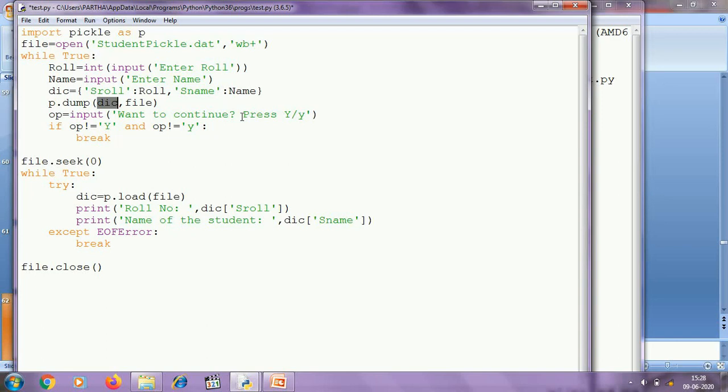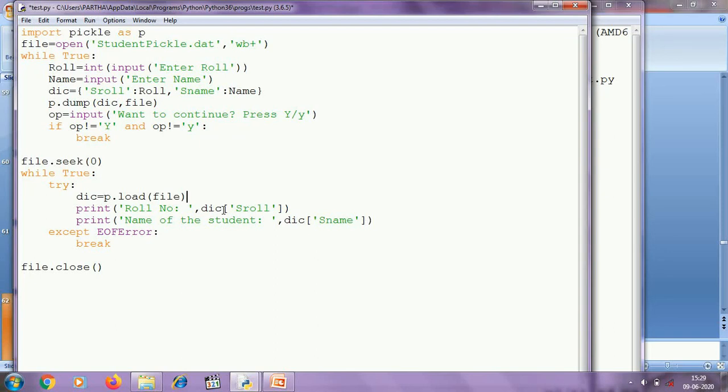Finally, after writing all the records in the form of a dictionary to the binary file, we are pointing the file pointer to the 0th position as we are going to read from the file, and here we are reading using the load function, and it will return a dictionary from the file, and we are storing this dictionary in the variable dic.